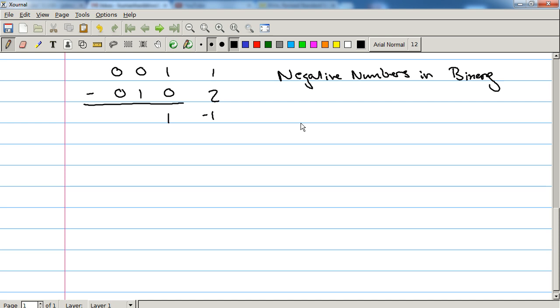Now, this is a sticking point for me because a lot of people that teach this will teach negative numbers in binary, I think, 3 different ways. Most of them are useless. I'm going to teach the one that's actually useful, and that is the concept of the 2's